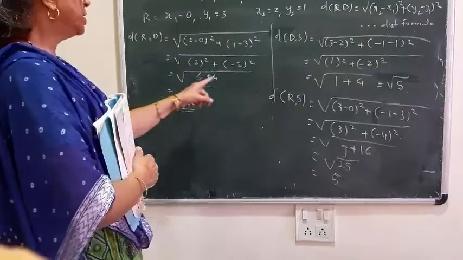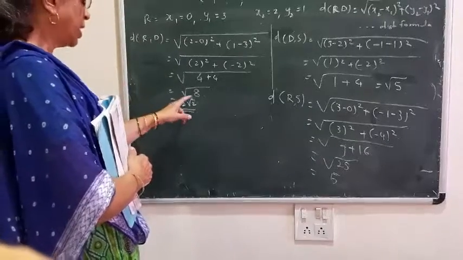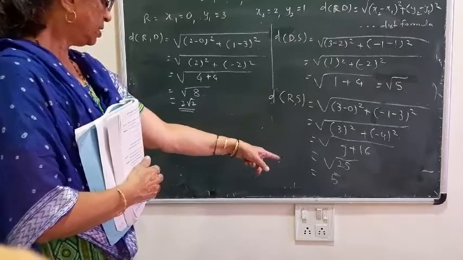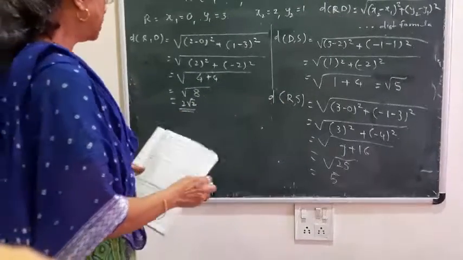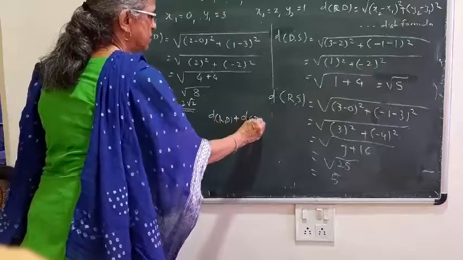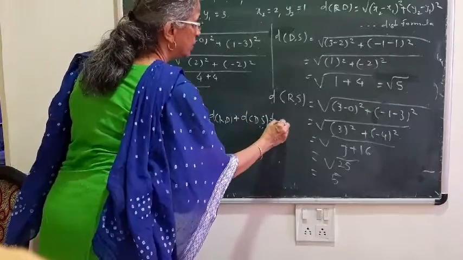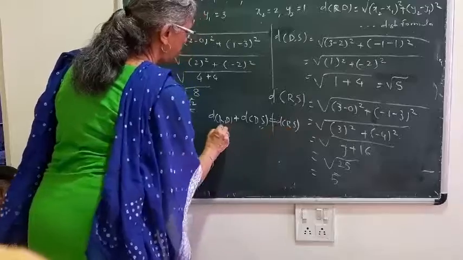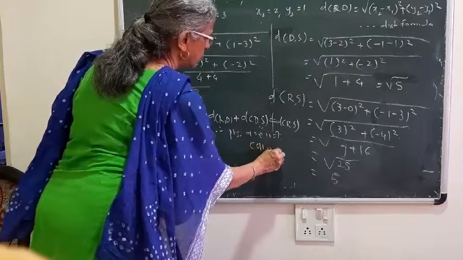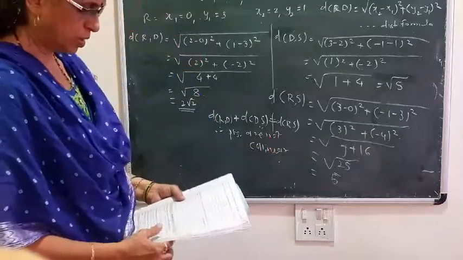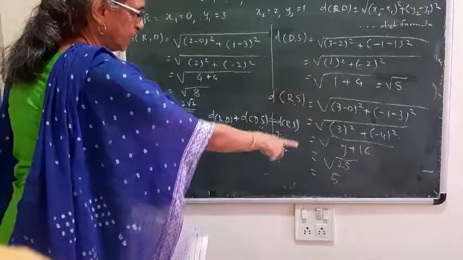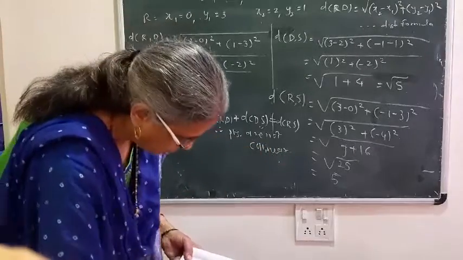So we have all these three distances different. We have root 8, root 5 and 5; these two are smaller. If we add them, then we don't get the distance RS. So RD plus DS is not equal to RS. Therefore, points are not collinear. So that is how you are going to write. Followed? So when the points are not collinear, you have to write only this much. Two smaller distances you add and you show that it is not equal to the bigger distance.